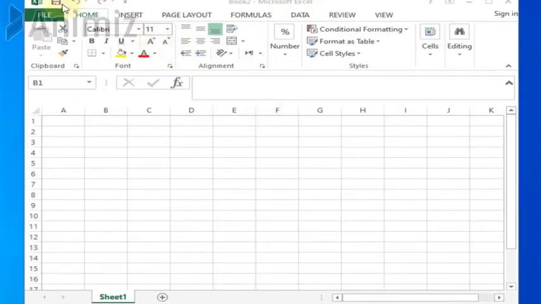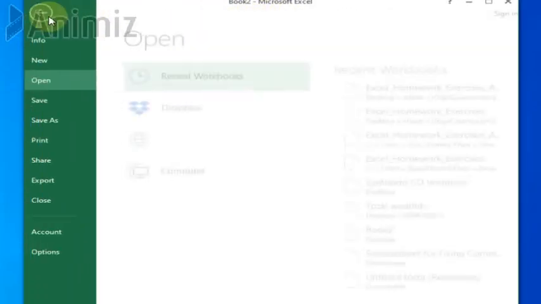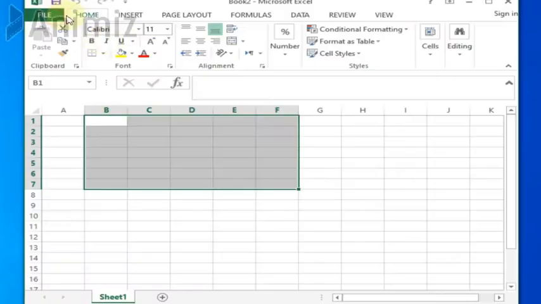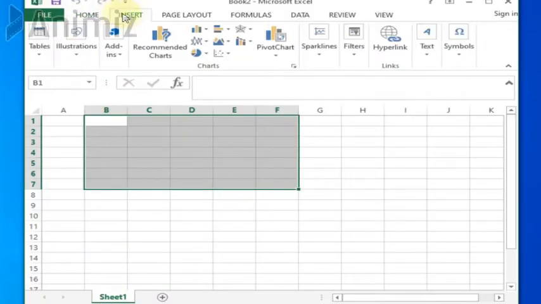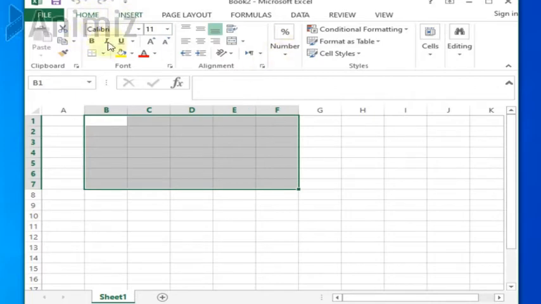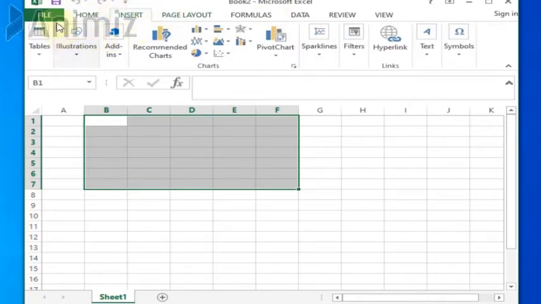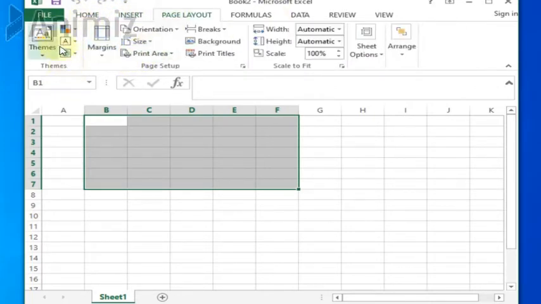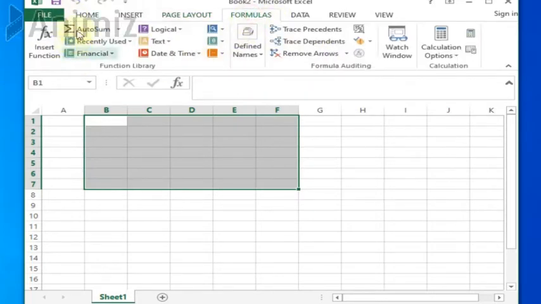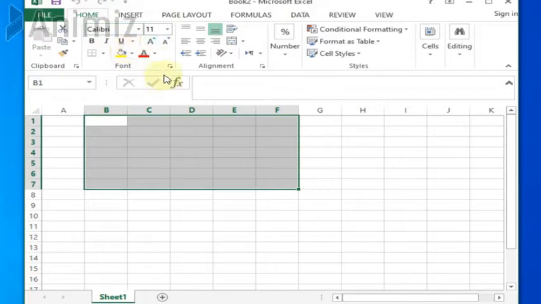When we open any particular tab, it opens up a ribbon. For example, home or insert, these are ribbons. Page layout, formulas, these are ribbons. Each particular tab opens up a ribbon.